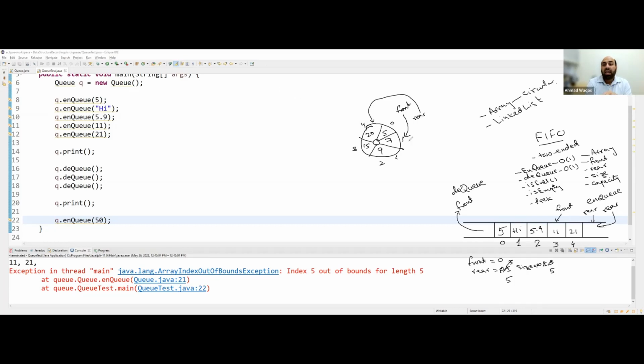Since the space is available, for example you try to enqueue 27 this time, 27 should go at the 0th index. It shouldn't go out of bounds to index number 5,